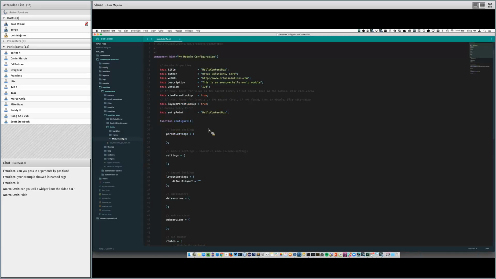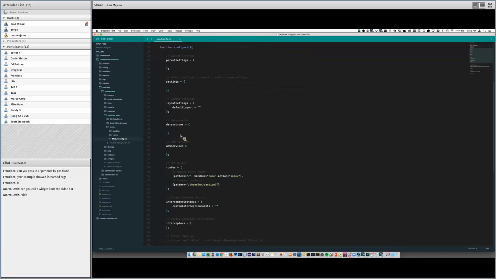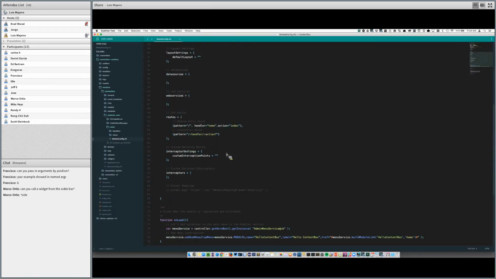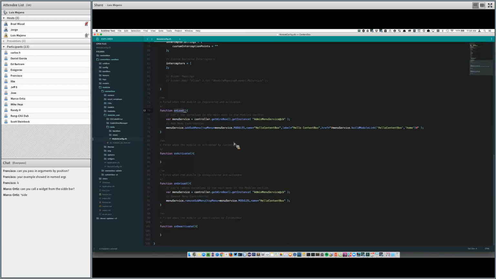How does it look? All right, here's the code. Here is a component. Here are some module properties for it. You can see there is a configure method. It has an onLoad method, onActivate, onUnload, and onDeactivate. Okay. So these are key things that are available only to ContentBox. Okay, onActivate and onDeactivate.